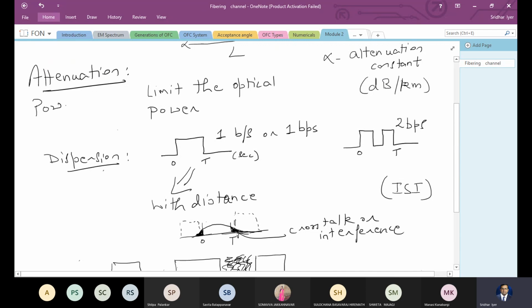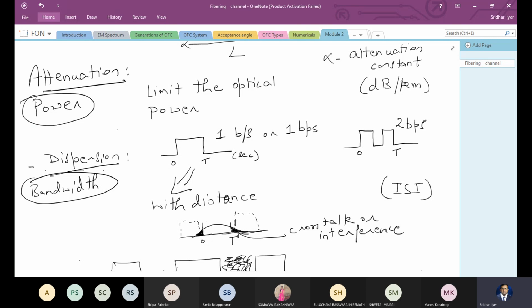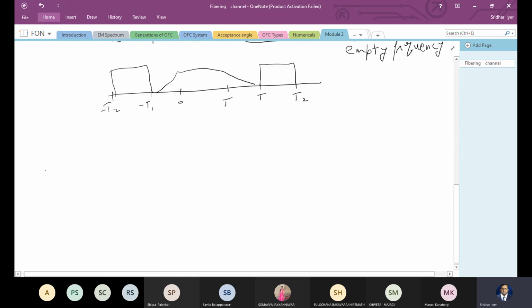Attenuation directly affects your power. So lesser the attenuation, lesser is the consumption of the power, lesser is going to be your electricity bill. The dispersion is going to directly affect the bandwidth. And all communications are based only on these two aspects, that is power and bandwidth. You want to minimize the usage of power and you want to maximize the use of existing or available bandwidth, right? So this is what we are going to discuss in this module, and of course we are going to discuss the mathematics behind attenuation. Attenuation will have specific mathematics.